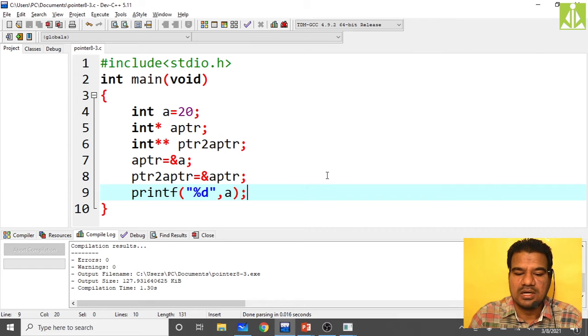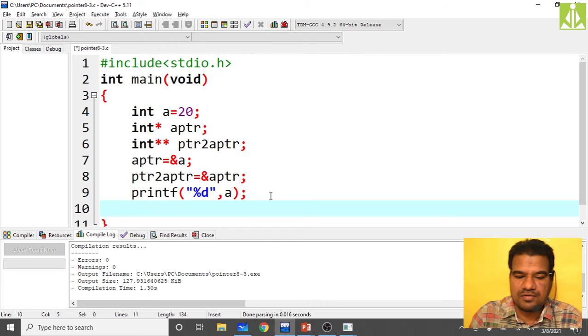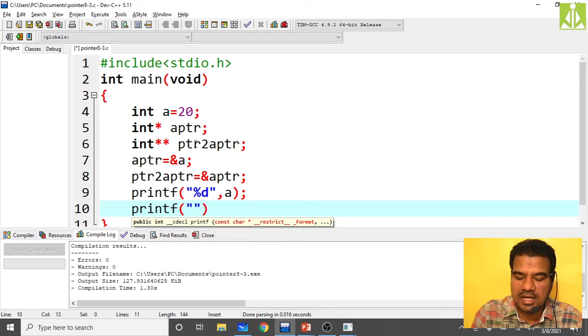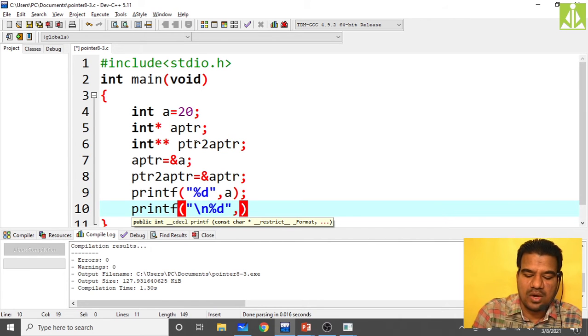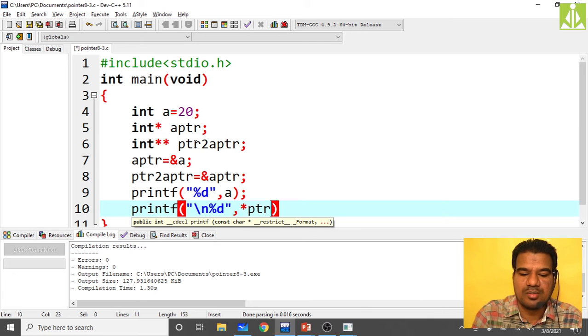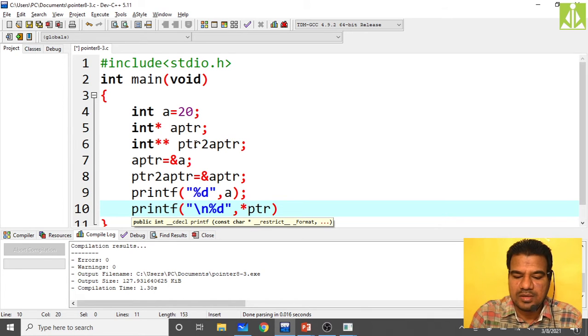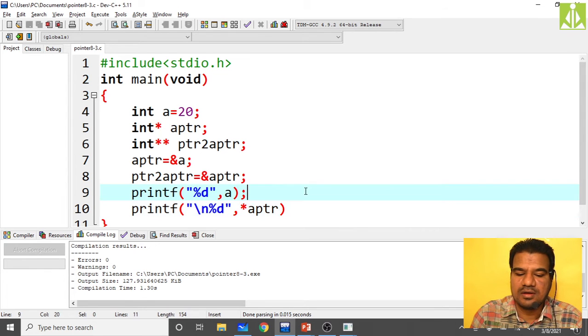You can directly access the value because the variable identifier itself holds the value. Now suppose I want to access a's value using APTR. How many times do you have to apply the indirection operator? In printf, one time you have to apply the indirection operator: \n %d, comma, star APTR, because APTR is holding the address of a.